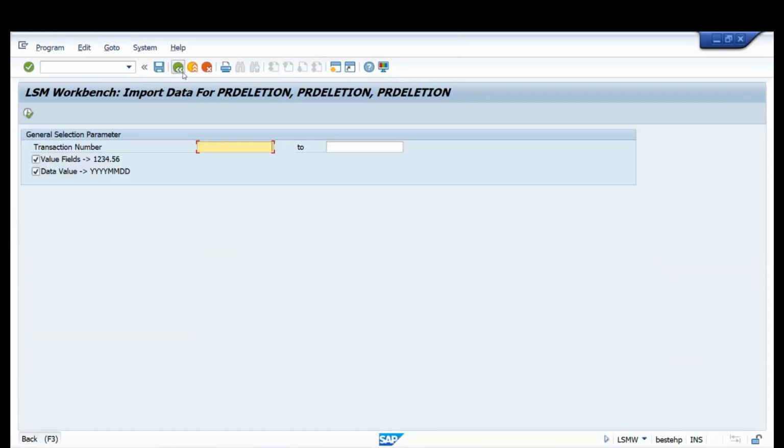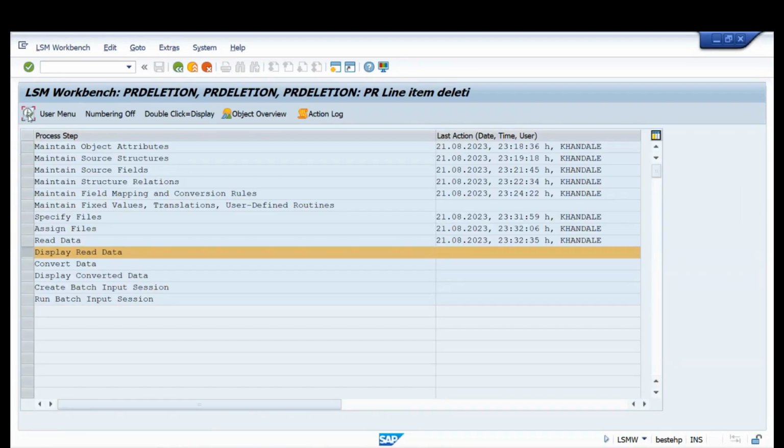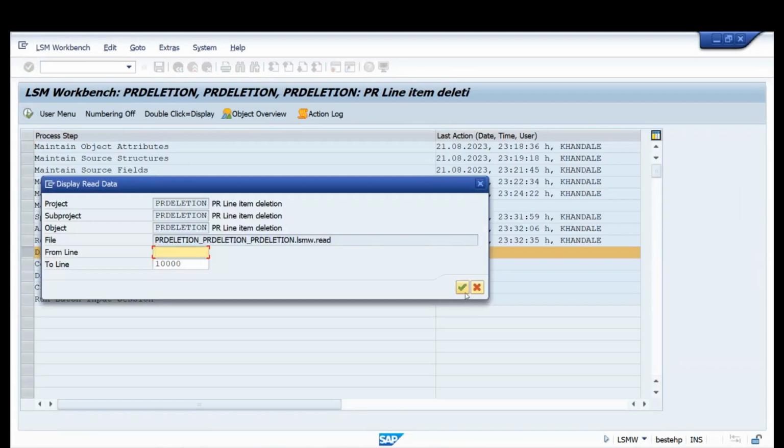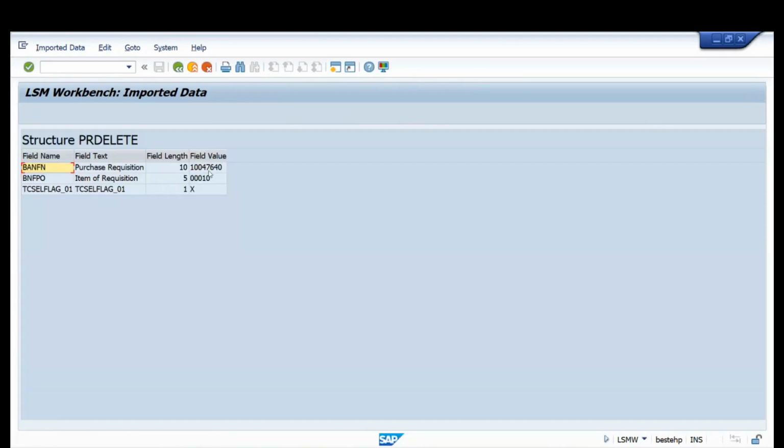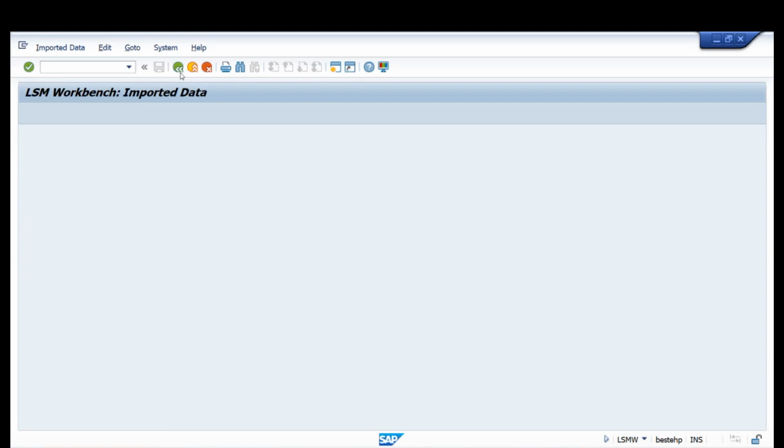Now go back, display read data. You can display the data that is read by the system. So you can see here which purchase requisitions we have selected. So these are the fields that we selected in the source structure PR delete, right? So all these things are here, and you can see the field value. So PR number, line item number, and the deletion flag. Go back,